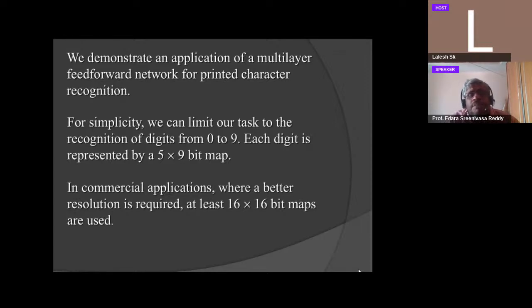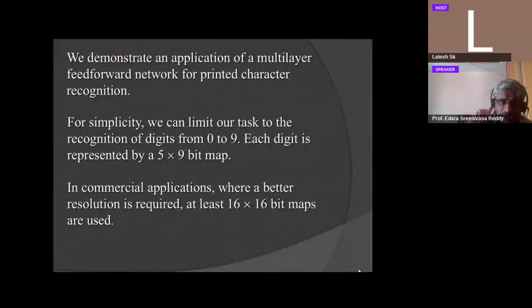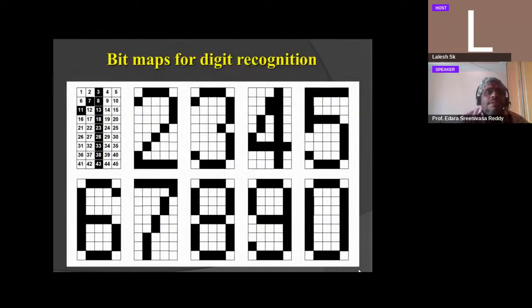So in commercial applications, where a better resolution is required, at least 16 by 16 bitmaps are used. So we are making a standard bitmap of 16 by 16. See this here. This is a 5 by 9 bitmap initially. Each digit is a 5 by 9 bitmap, or you can convert it to 16 by 16. We must make it a standard size